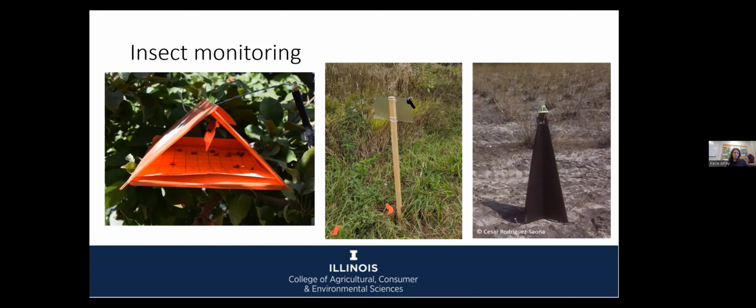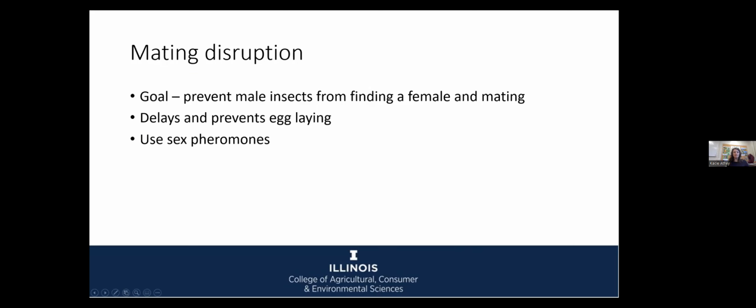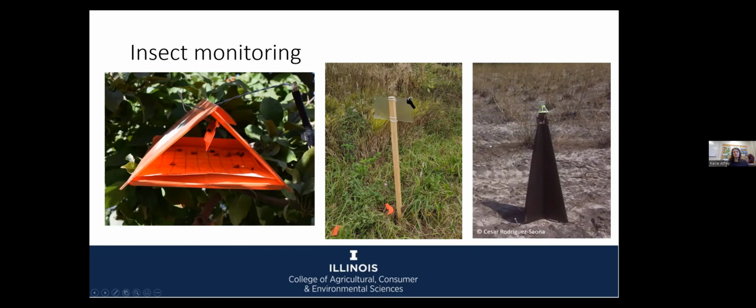Often our economic thresholds have a number of pests per trap per week as the threshold, and so that's a good amount of time to go in between checking your traps. The one in the middle is actually a stink bug trap. That's another way that we do insect monitoring. You can see the lure is the black part on that, and it's just a sticky trap that the stink bugs get stuck on. And then on the right, I have a pyramid trap, which I'll talk a little bit about. They can be used for stink bugs and plum curculio.